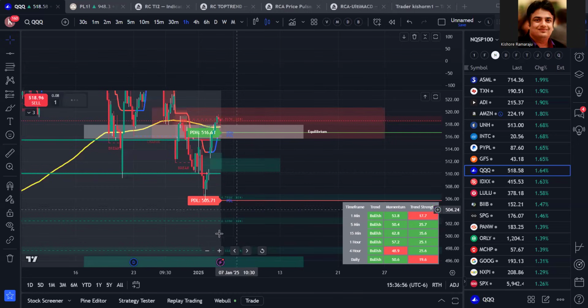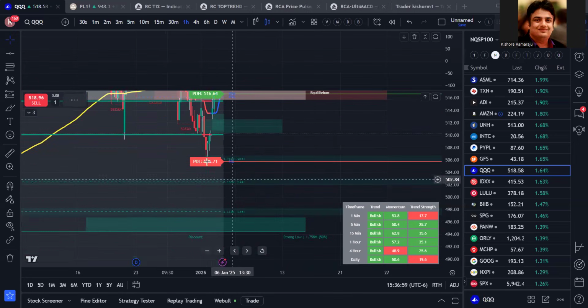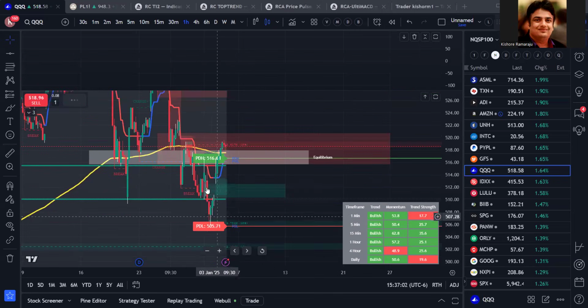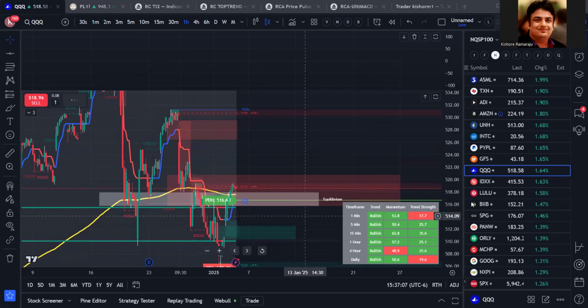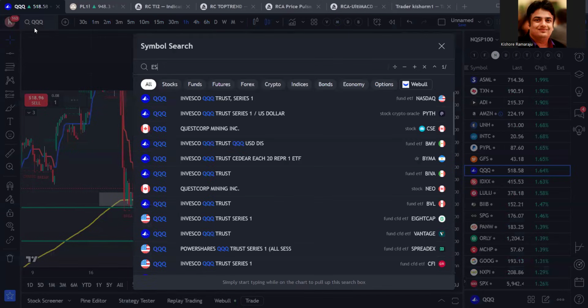So as long as you can wait with patience until it comes to a discount area or until you see a big buy order block, you take the bull puts, you will make nice profits with any stock or any futures, right? Even for futures also, you can do bull puts, bear calls, right? For example, if you go to yes,